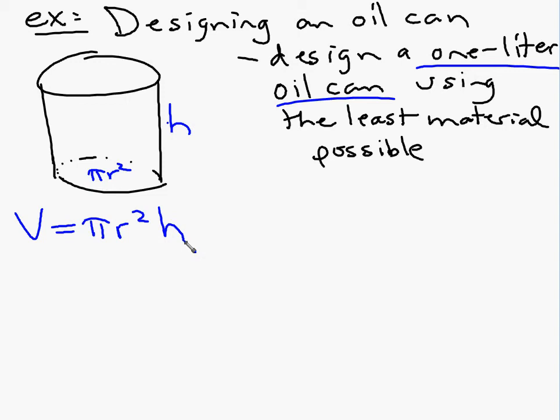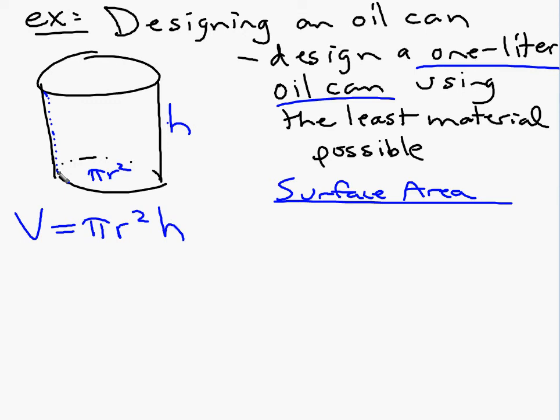Now, there's something else that I know, and aren't I also talking about the material that I'm using? So aren't we also talking about surface area? Surface area is actually the one we're going to find the minimum of. Okay? So if you cut this thing right here and unfold it, it's just a rectangle. The side of this can is just a rectangle when it's unfolded, and its length would be the circumference,